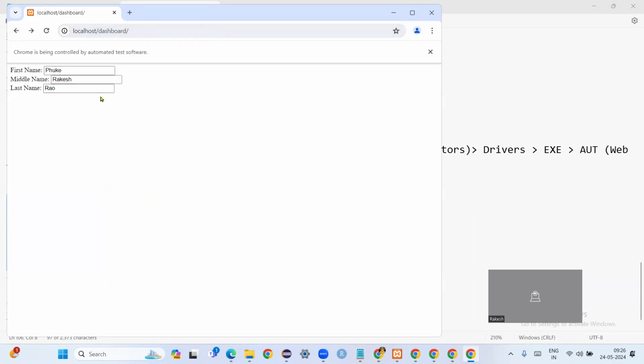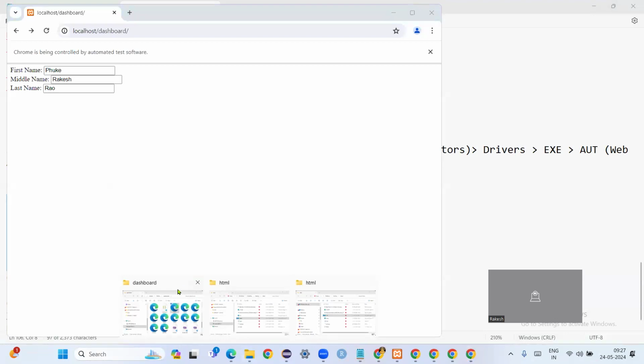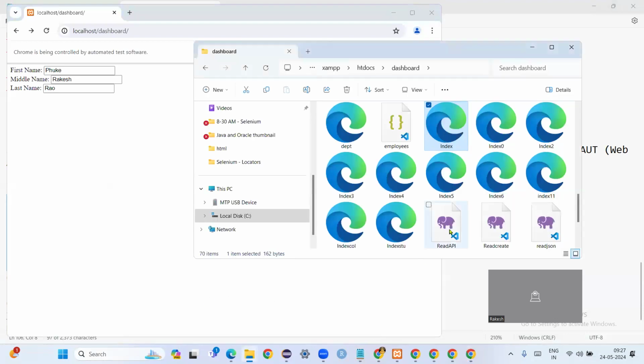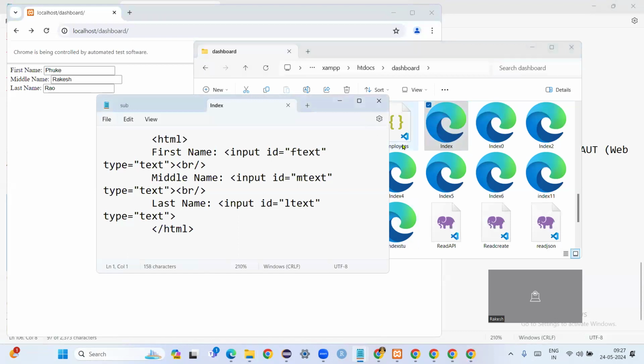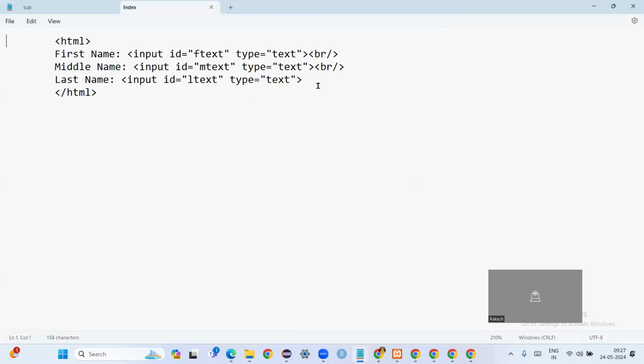From here, I want to link it to the other page. Can I do it? Yes. So I'll directly go to the location where we have got index.html. Okay. So here we have got index.html. I'll right click on this and say open with Notepad, and I'm including one small code here. And the code is referring to your